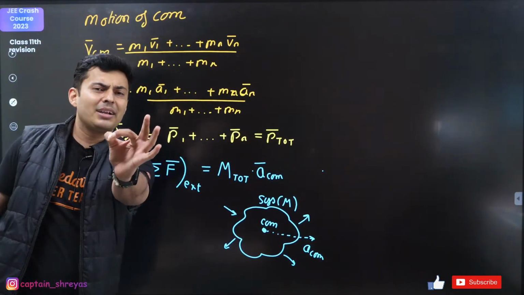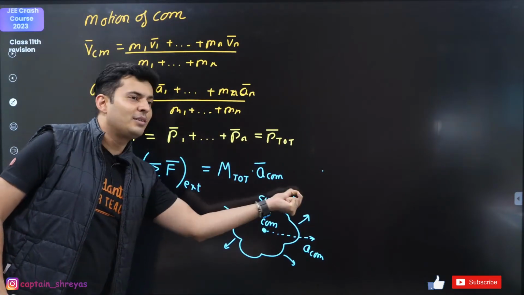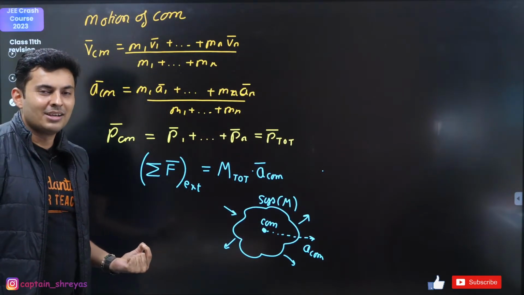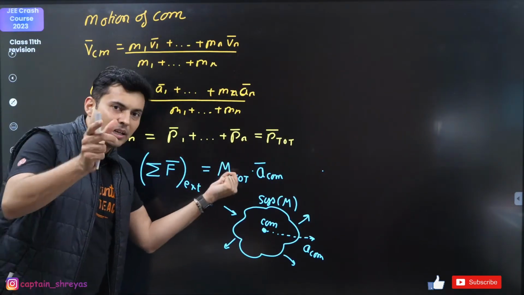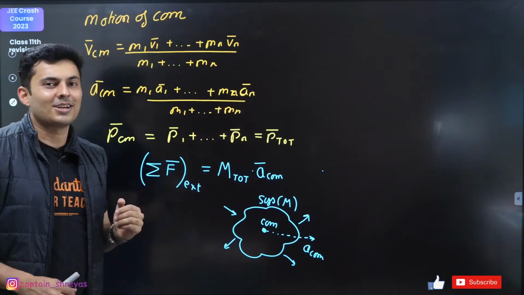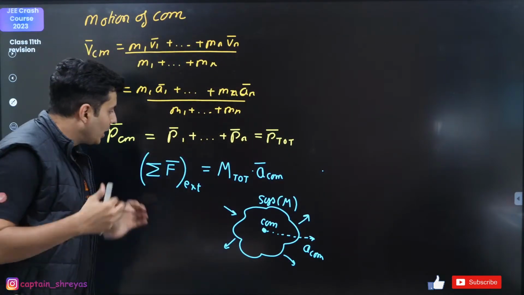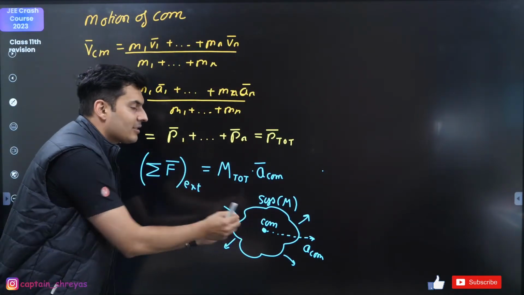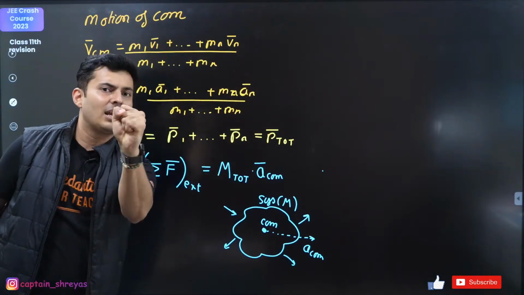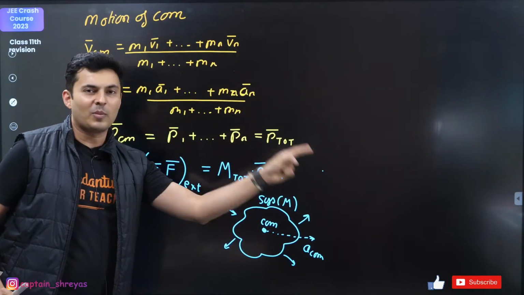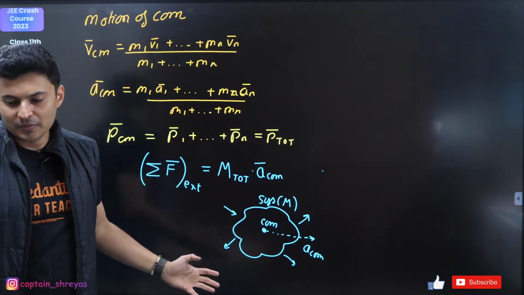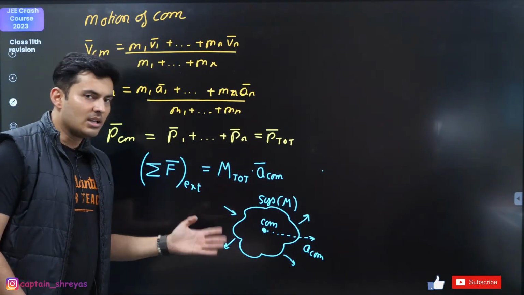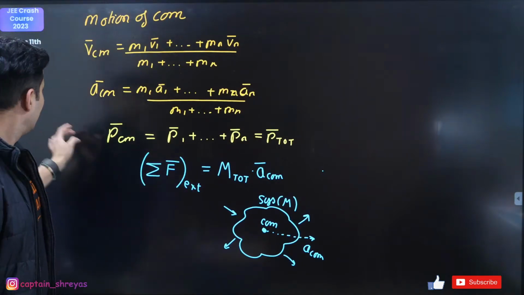If it was one particle, then the force is one mass into the acceleration of that mass. If it is another mass, it is the force on that mass into that particular mass's acceleration. So when it is the total mass, you take the total force and the acceleration of the entire thing assumed at the point which is the center of mass. So the acceleration of that point. Understood? Everybody with me? Can we move ahead?